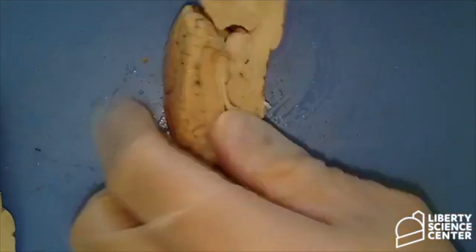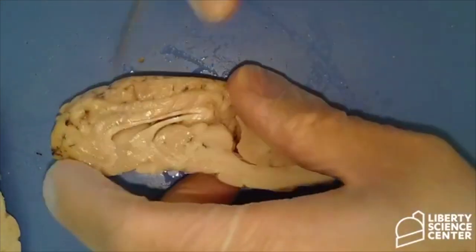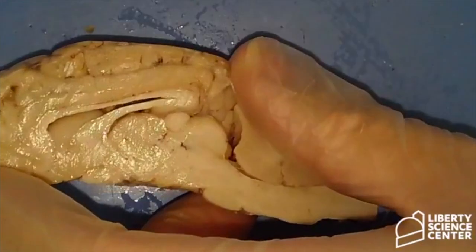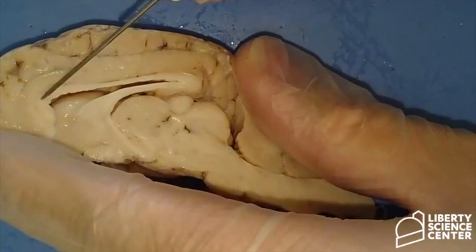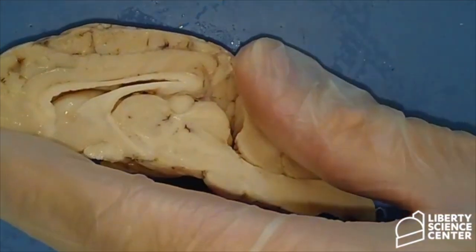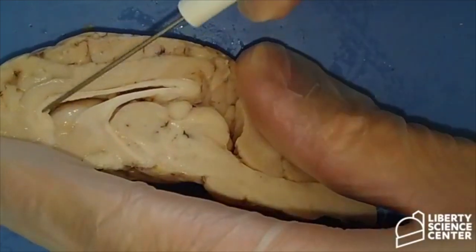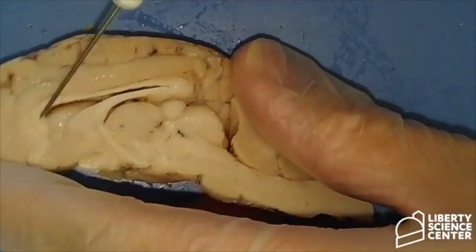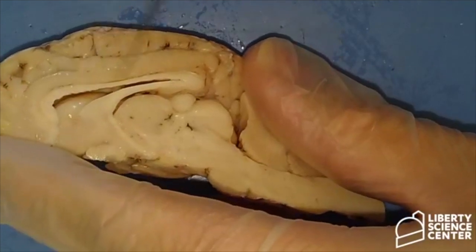All right, so we have our ventricles. The next thing we see here is this white structure. Let me zoom in a little bit. Right here, this white structure is called the corpus callosum. The corpus callosum is also a bundle of nerve fibers. Think of it like our spinal cord. But you notice that it's comma shaped, and it is found on this side of the brain,